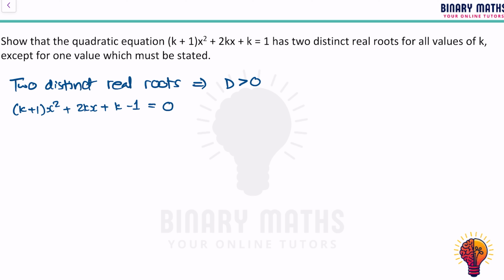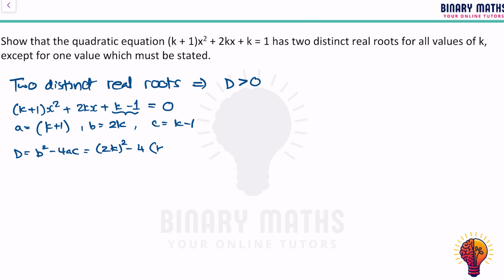So that means in this case, a, my coefficient of x squared, is k + 1, b is equal to 2k, and c is the constant at the end, which is k - 1. My discriminant is b squared - 4ac, which is (2k) squared - 4 times (k + 1) times (k - 1),